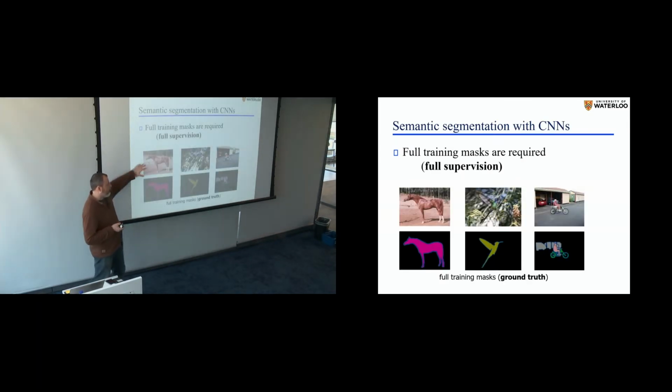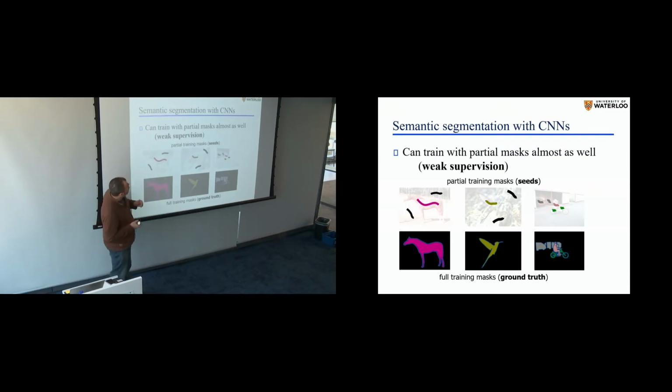So, all right, what you start with is you have those images, and if you have full ground truths, pixel precise, then you can train your network to find features which are linearly separable to simplify segmentation. Well, I'll try to do the training based on much weaker input from the user. So instead of the full labeling, I'm just expecting the user to put seeds on some of the pixels. And that's what I mean by weak supervision here. And it allows me a very clean entry into this domain. Some of you who know about graph cuts a little bit more may sense that, because this is easy to see how that goes into shallow regularizers.